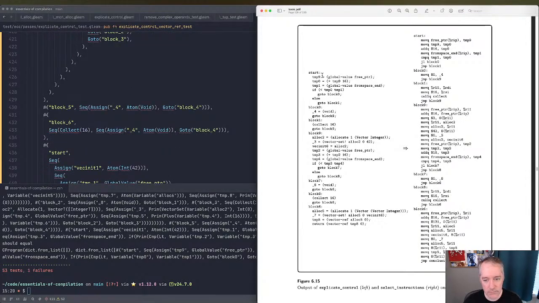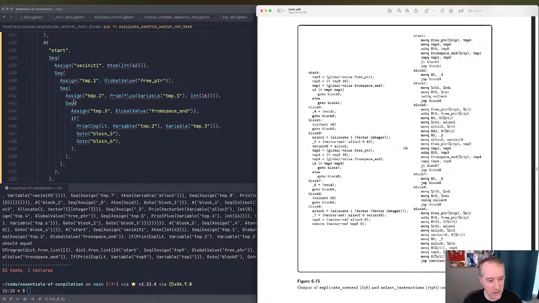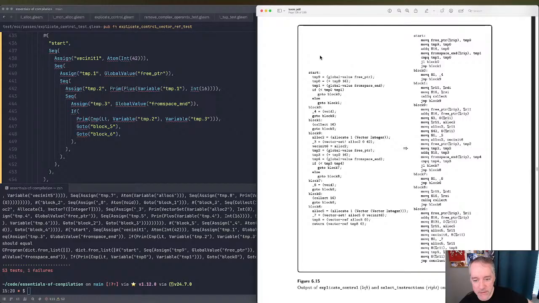So we already looked at start. The main thing that's different is that they go to block 9, and remember that previously in the chapter, I was like, how did they inline that literal 42 consistently? They don't say. It feels like an oversight,